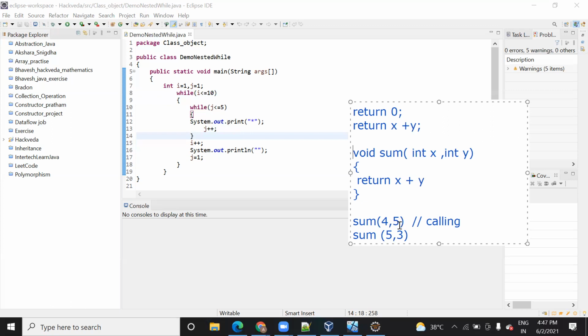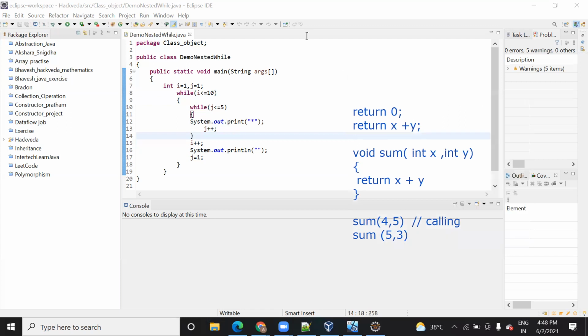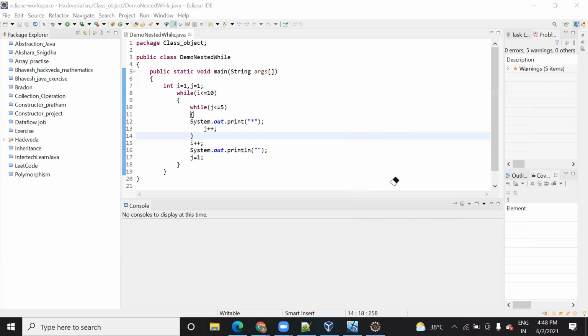So that's what we do: we just call it, and when we call it with the help of this return keyword, this return keyword will take the flow of your program back to the method. That's the reason when you call it again, your compiler will be aware that this is the method, and you need to execute this. Yeah, okay. I understand. So this was the void data type.